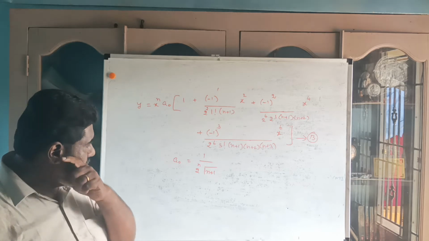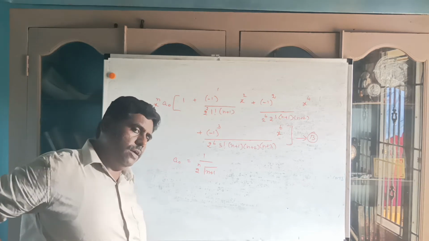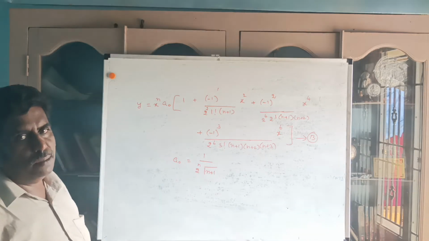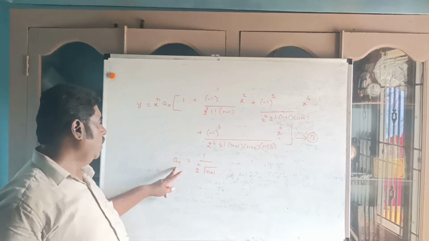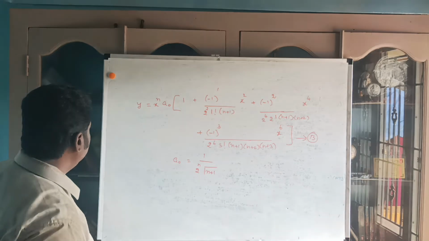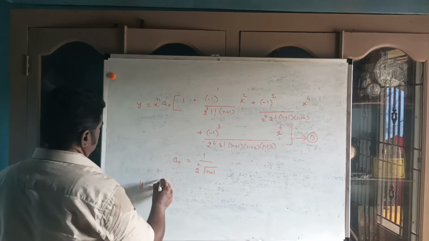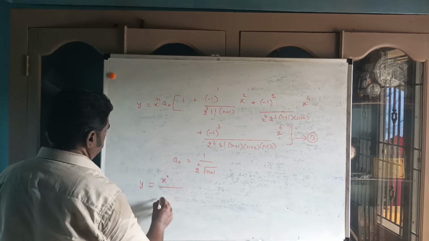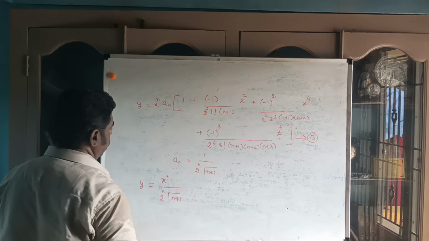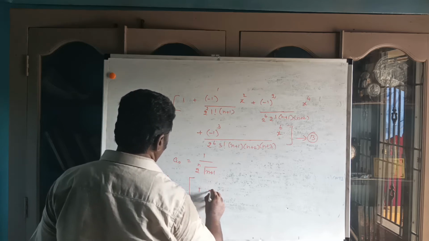Gamma of n plus 1 is n factorial. Already we proved the value of a0. It's a constant. The constant value is 1 divided by 2 power n factorial. That n factorial is written as gamma of n plus 1. If you introduce the value of a0 as 1 divided by 2 power n gamma of n plus 1, equation 13 is changed as y equal to x power n divided by 2 power n into gamma of n plus 1, entire is multiplied by 1 plus